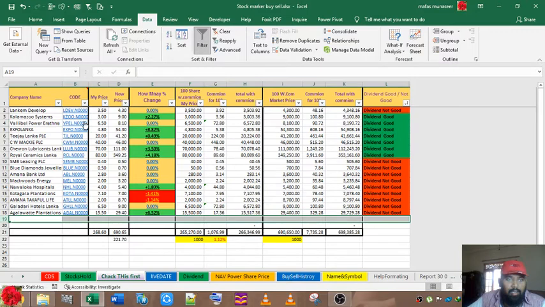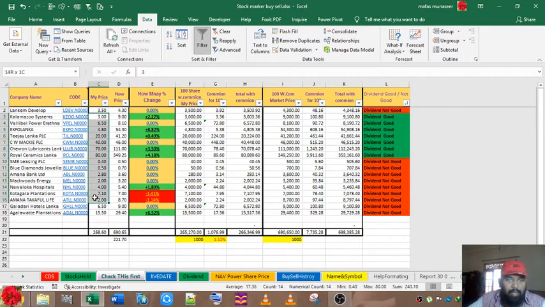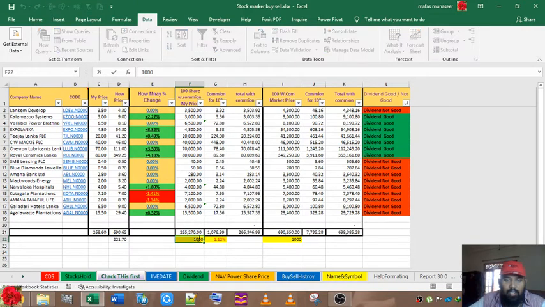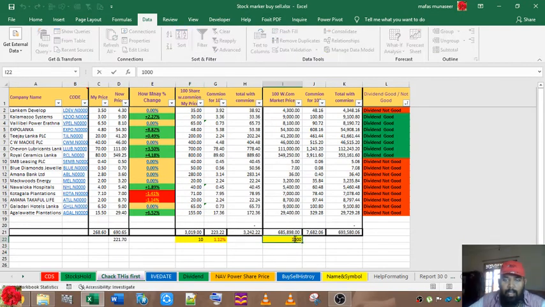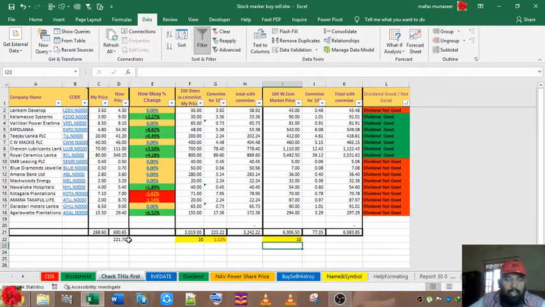Here these are the prices I'm expecting, and these are the current prices and how much the percentage has changed. I'm going to buy 100 shares, so I currently changed it from 100 to 1000 shares. If I change 1000 to 10 shares, it changes here and here. So however many shares I'm going to check, the 10 shares will be changed here. Everything you can get the same way.